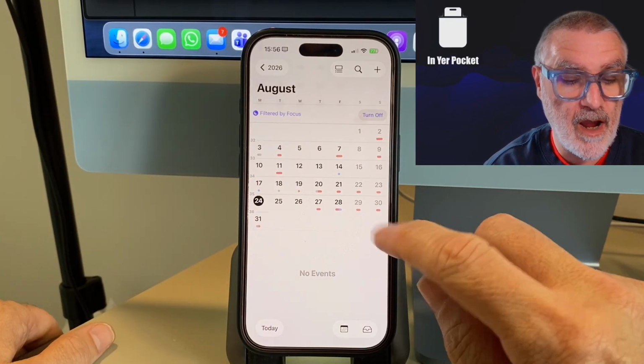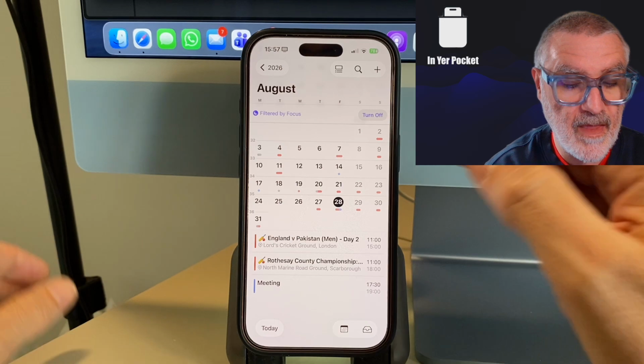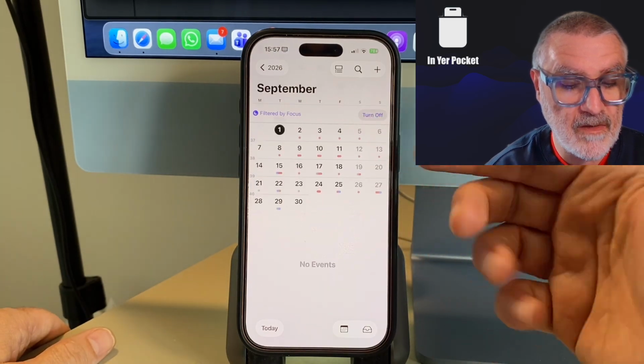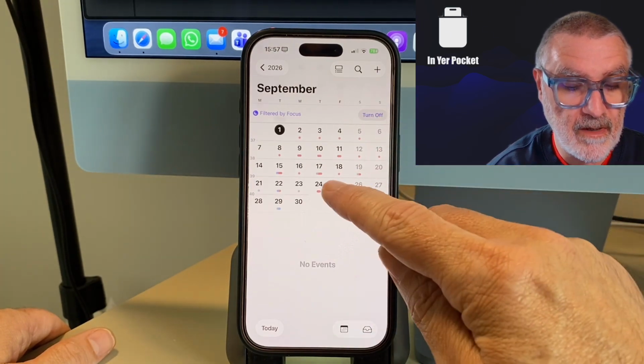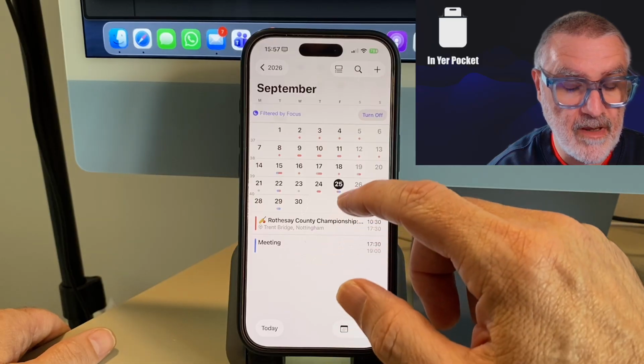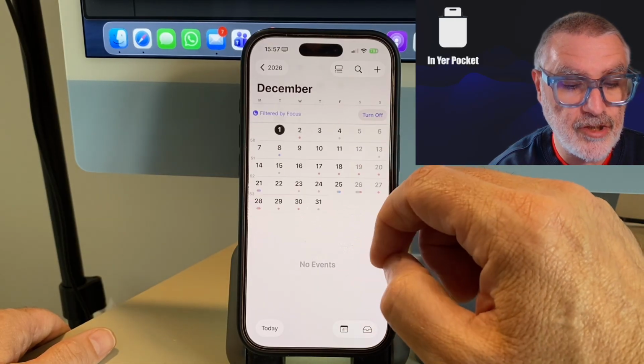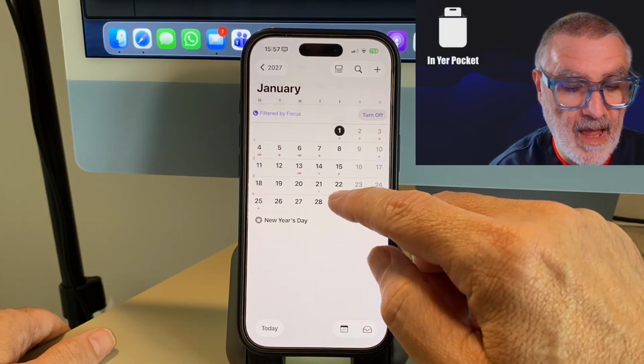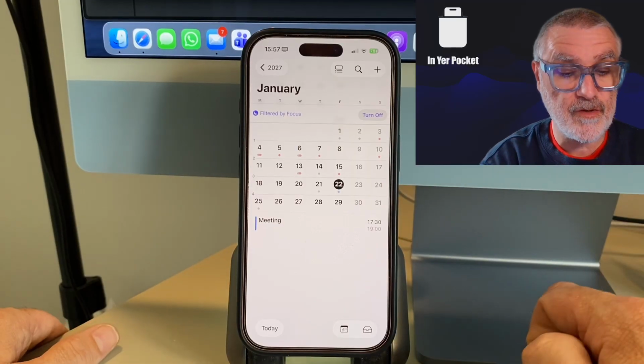What is the 4th Friday? That is the 28th, and there's the meeting. Yeah, and we can see it in September. The 4th Friday is the 25th. There it is, and we can go all the way to January, and the 4th Friday is actually the 22nd,